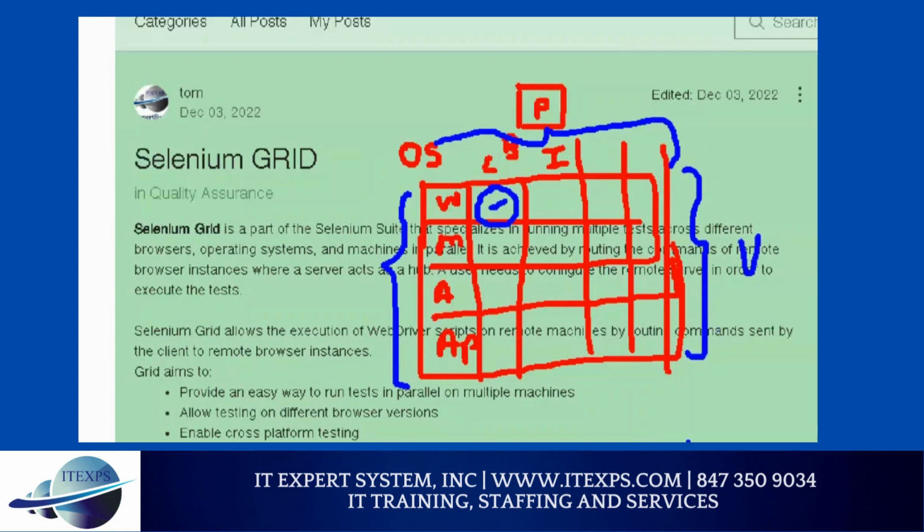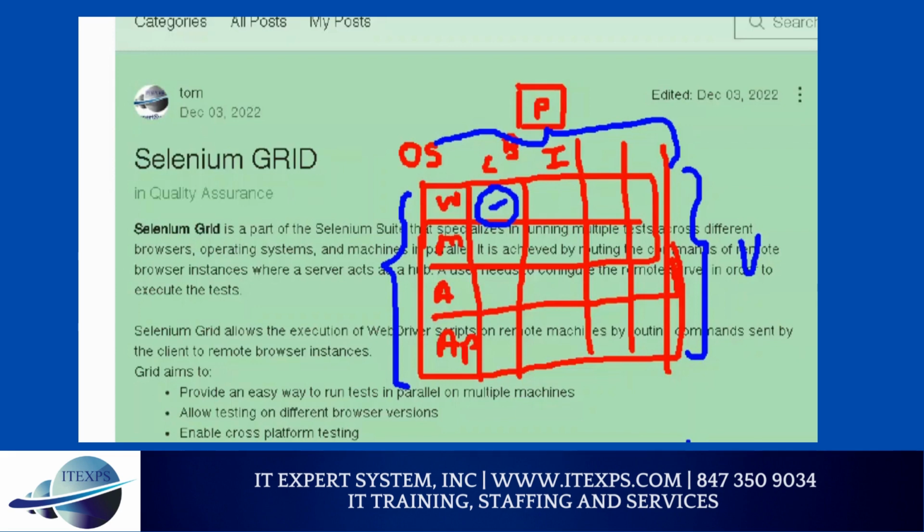So think about it. I'm using Windows 10, but then I'm using Chrome. But Chrome can have 3 versions: Chrome 101, Chrome 102, Chrome 103. Did I test my application in all 3? No. I tested only one because Google driver only works for one driver, one version. Makes sense? Or not? So at a single point of time, I'm only testing one operating system and one browser and